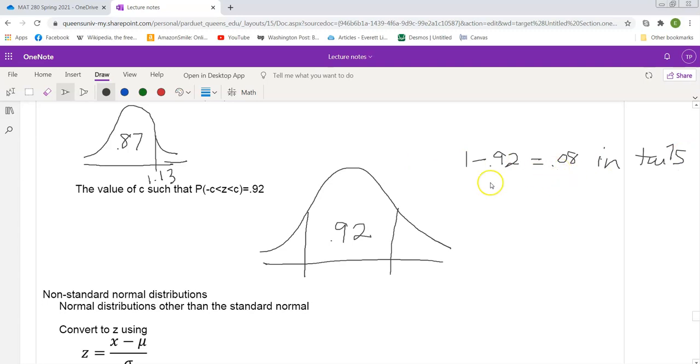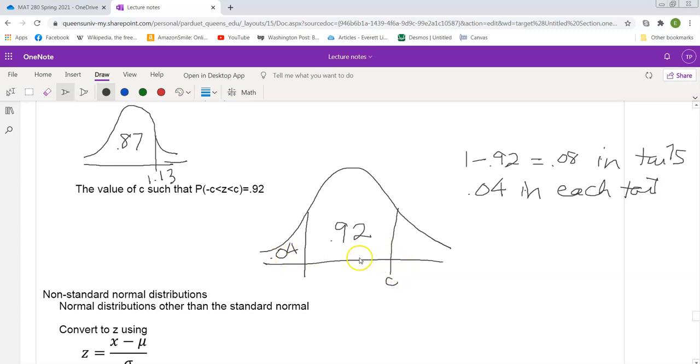And we've got half of that in each tail, so 0.04 in each tail. So that means we've got 0.04 here and 0.04 up here. So if I'm looking for this value of C,